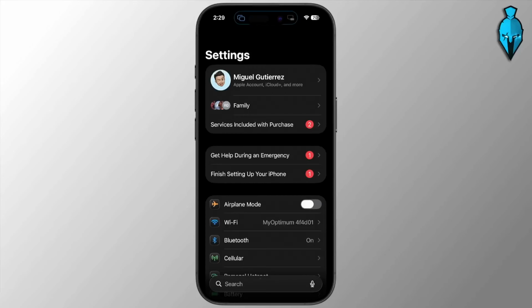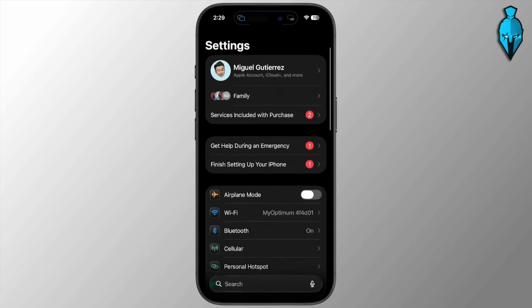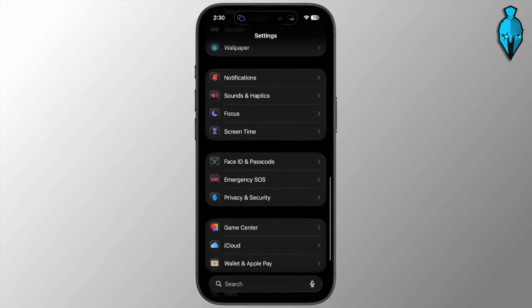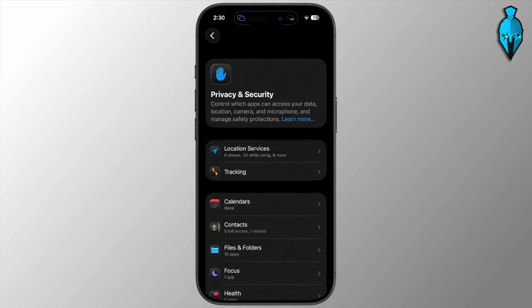In this guide, I'm going to show you how to fix the allow camera access option missing for an app on iPhone. First, open settings and then go down to where it says privacy and security and then select